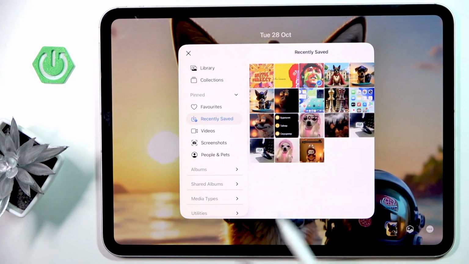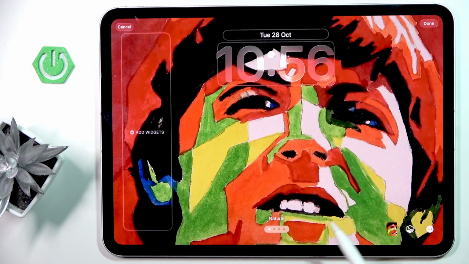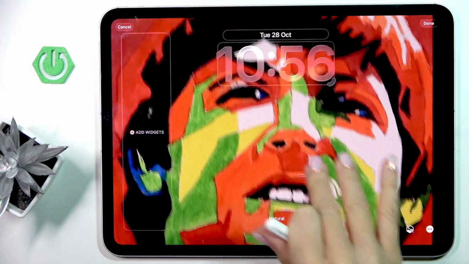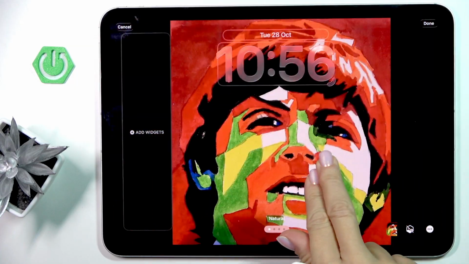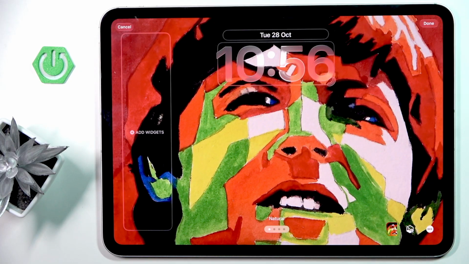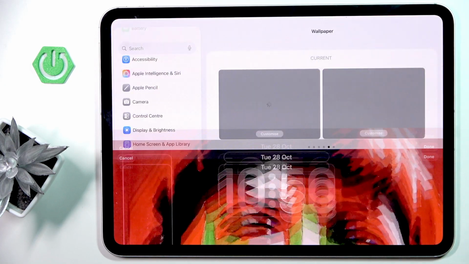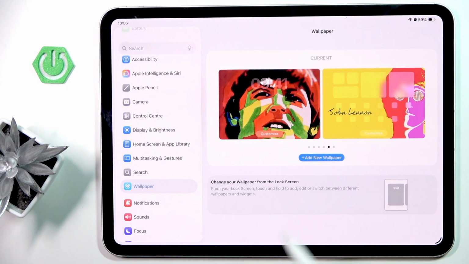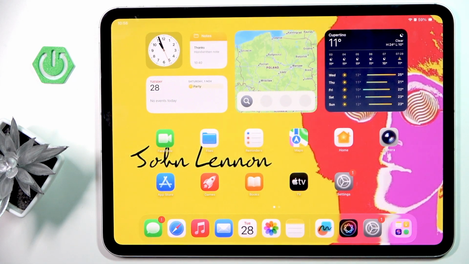Let me go with this one. Obviously, you can customize it however you like. You can zoom it in, out, and then mark done. So that's it. As you can see, both are set, and from now on, those pictures cover both home and